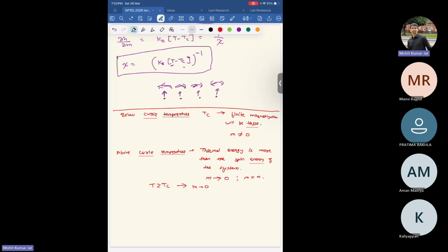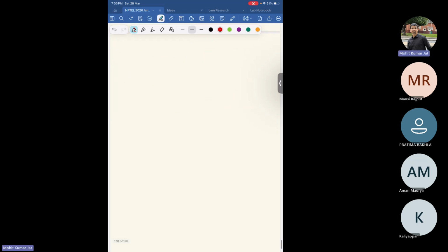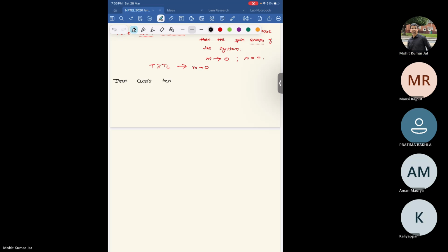It's as I was saying, 600 something. It's actually 770 degrees centigrade. Iron Curie temperature, 770 degrees centigrade. So what will happen if you have a magnet? Basically, this is something you can try also. So if you have a magnet and you have an iron,